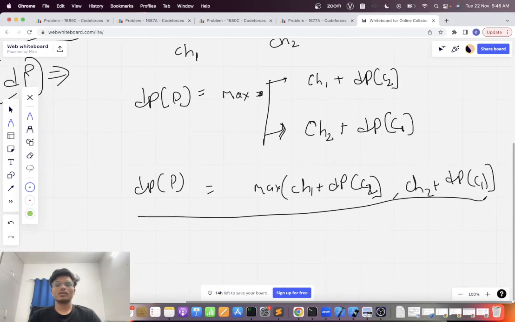Okay, so this is our solution. This is a kind of dp solution. I hope everyone understands this solution. If you understand this problem, then code it by yourself. Moving towards the code,